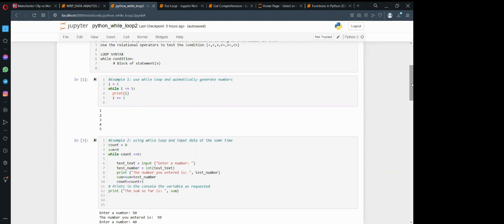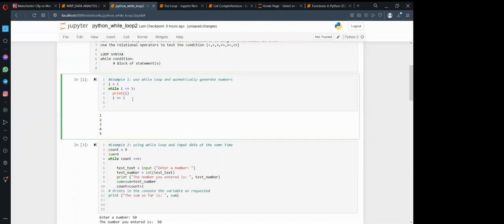Then you say i equals i plus 1. In Python, you can write i equals i plus 1, or you can say i plus equals 1, which is the same thing.